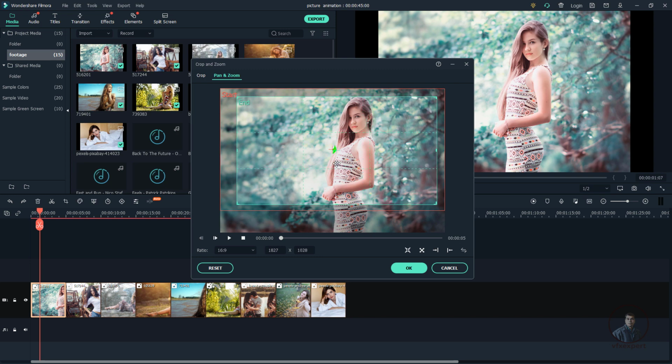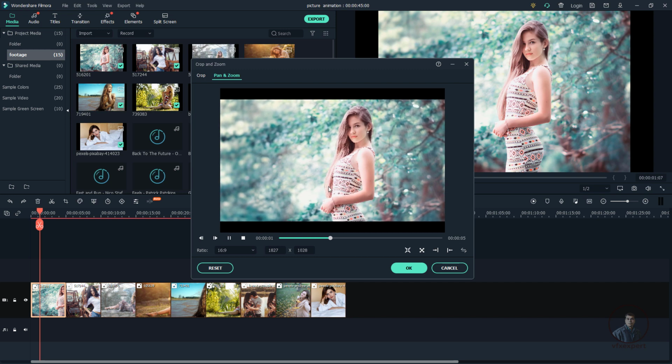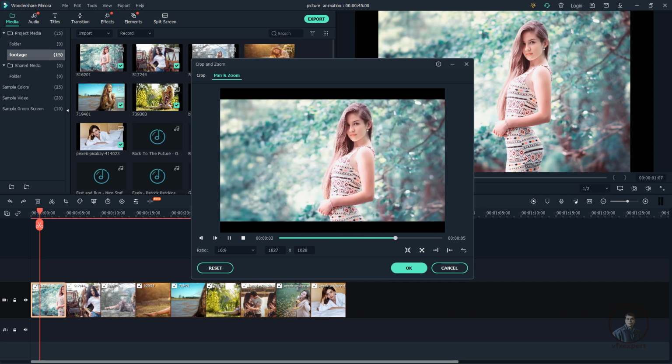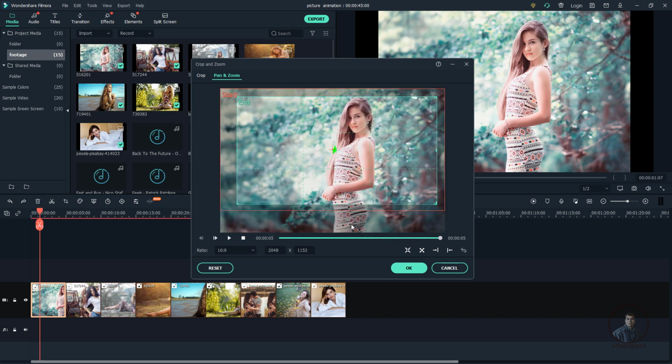After this setting, what we will get? This will start your image from this area and this will go till this end area, till here you can see. Now if you want to check your preview, simply play and check. So now here guys you can see. Okay. So before pressing OK, simply you can check preview. Even if you want to adjust maybe pan or only zoom, then you can adjust all these bounding boxes according to requirement. Now press OK here.